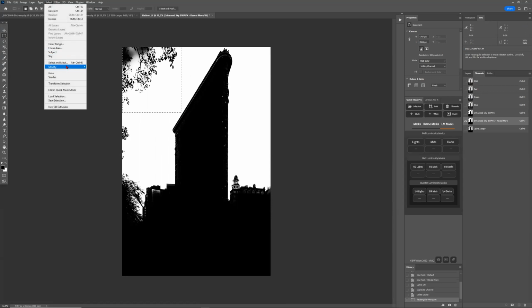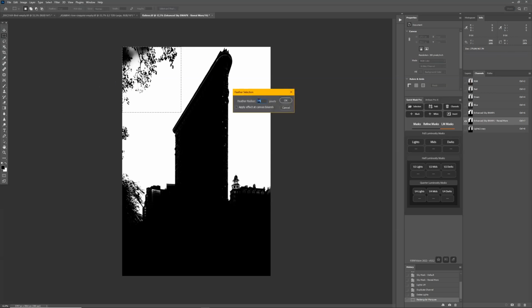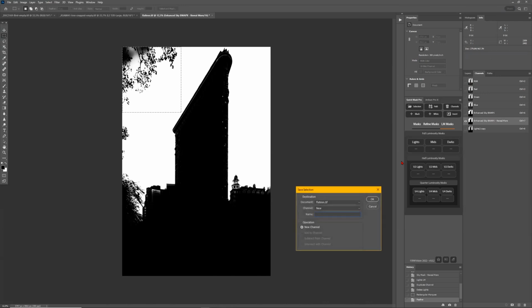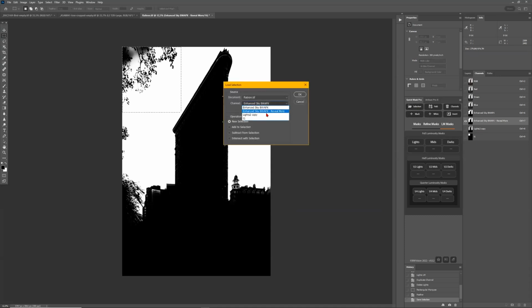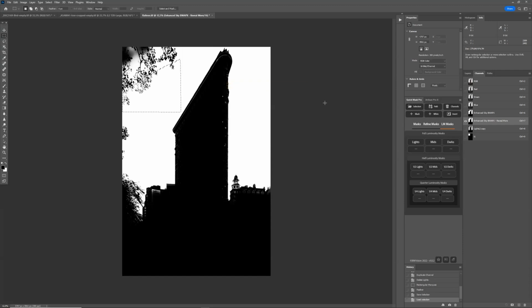Okay, do some feathering, even though I don't think it's needed in this case, but just to make sure, I'm going to save it as stamp 1. All right, standing in here. Now load the selection lights to copy, intersect it with that, and then all you need to do is go in here,